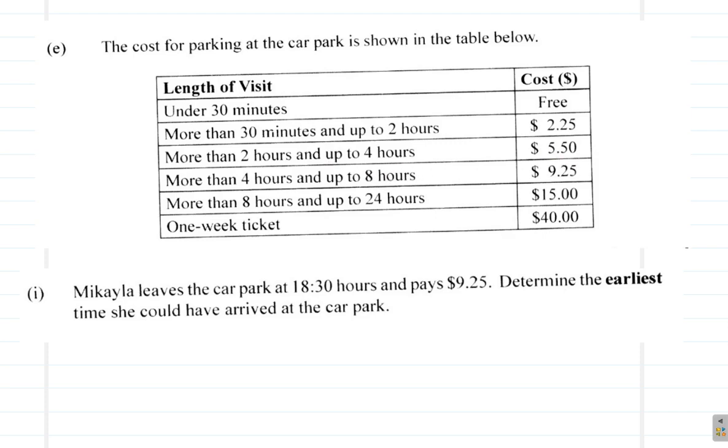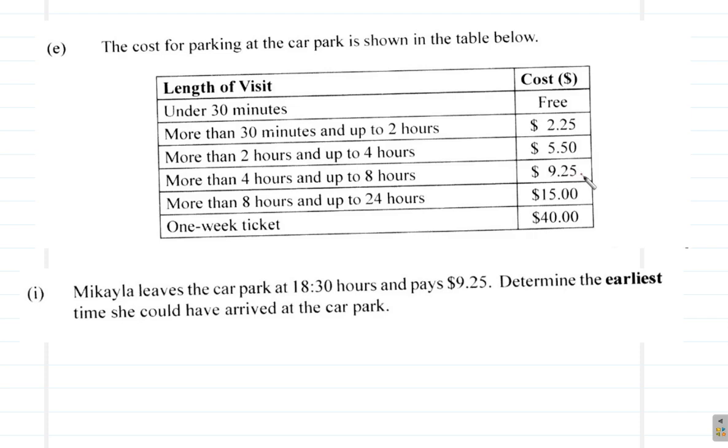2 to 4 hours, $5.50. Okay, she paid more than this, so she would have waited more than 4 hours. 4 to 8 hours. Okay. So she had passed the 4-hour mark, but she did not pass the 8-hour mark. Alright. They want the earliest time. How long did she stay? Did she stay for 4 hours or 8 hours? Or somewhere in between? Well,